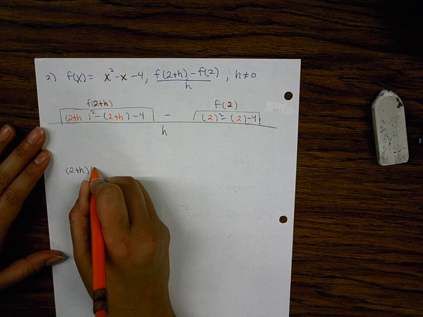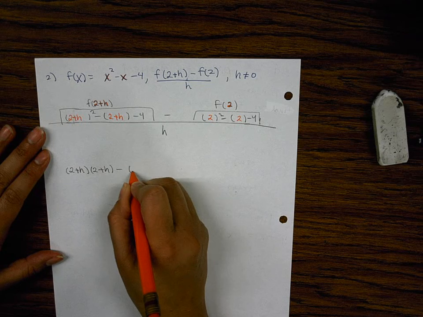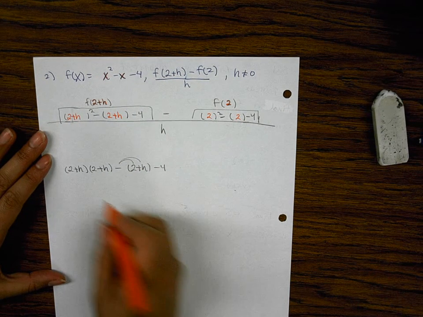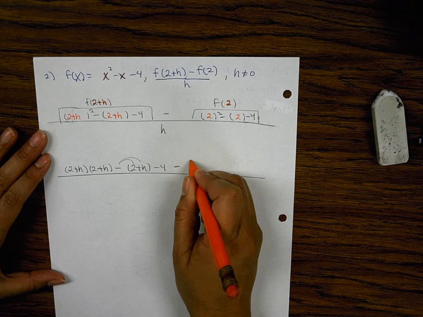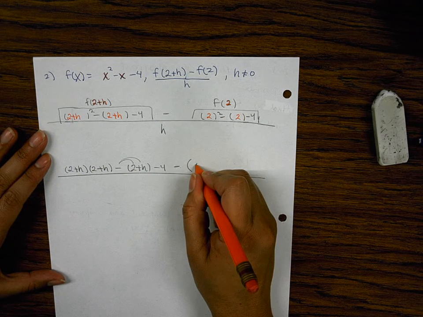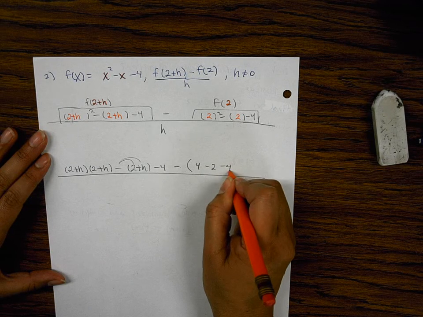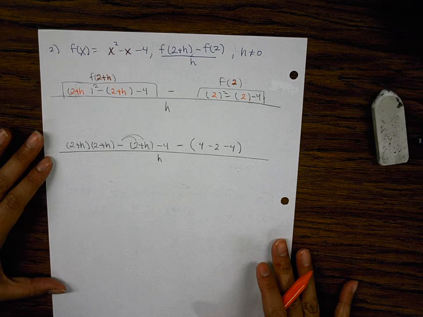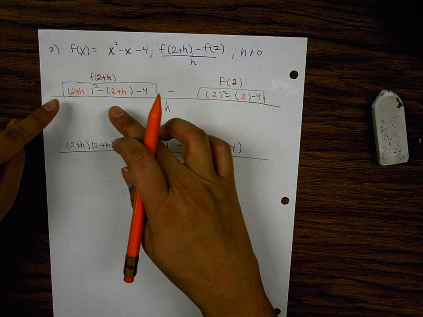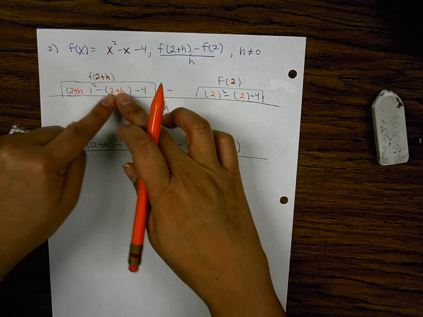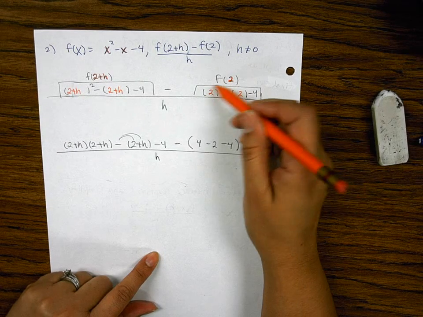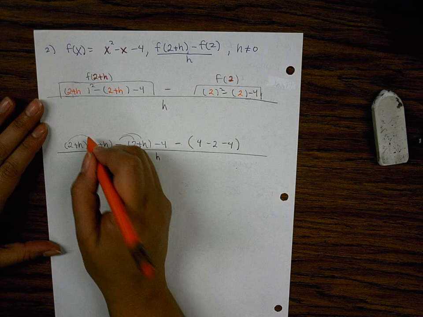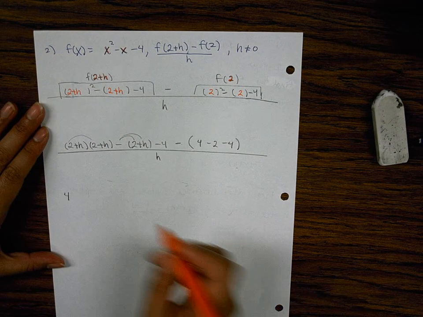Recognize that this is a double distribution or FOIL problem, 2 plus h times 2 plus h. I will have to distribute the negative there and then minus the 4. And then subtract. 2 squared is 4, minus 2 minus 4, close parentheses, all over h. Okay, all I did was wrote that twice so I can double distribute. That stayed the same, that stayed the same. And over here I just evaluate 2 squared is 4. All right,